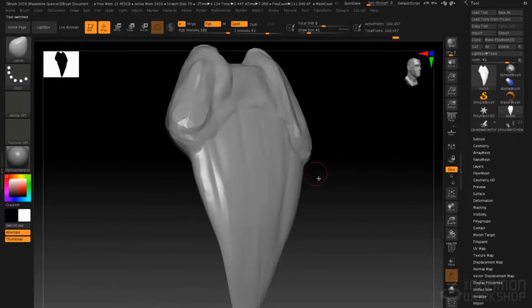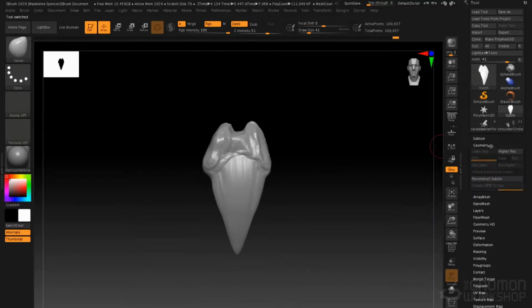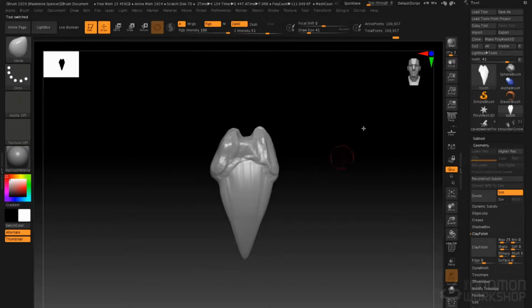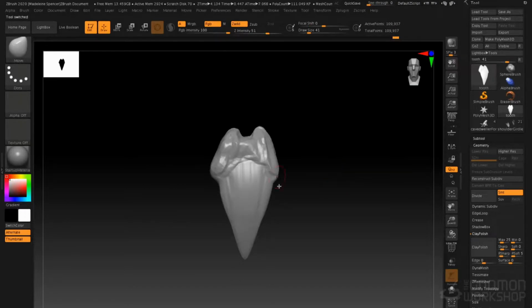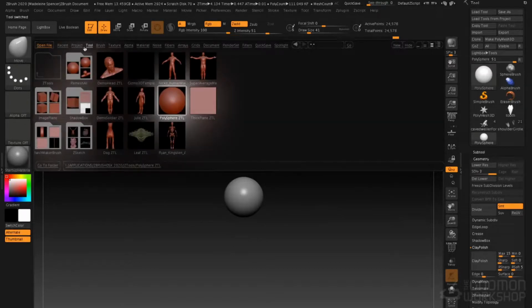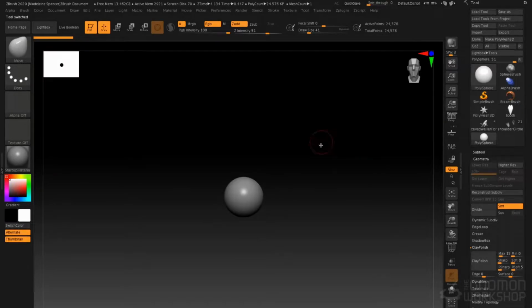I have here a tooth that I've sculpted and decimated. This is just a mesh with no subdivision levels, and it's 109,000 faces. It's important that it be relatively low res. I want to make an insert mesh from this brush, meaning I can insert it into a model that has no subdivision levels. For example, if I go to the light box, open up a polysphere, delete my lower subdivision levels,